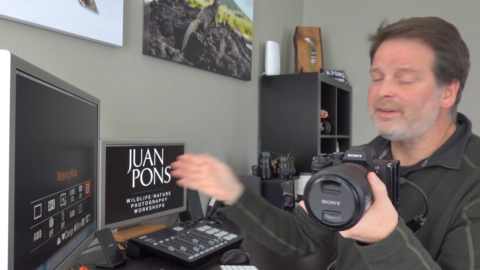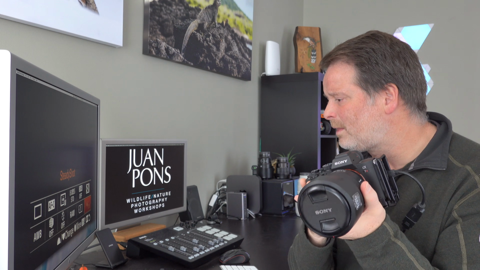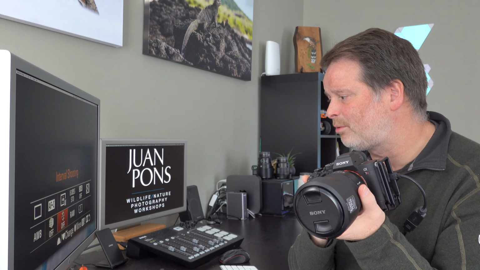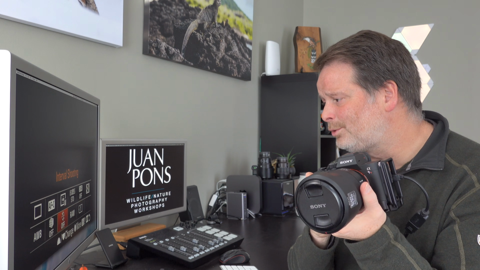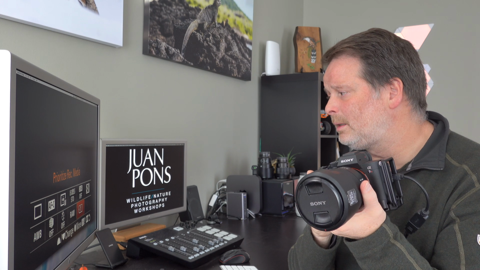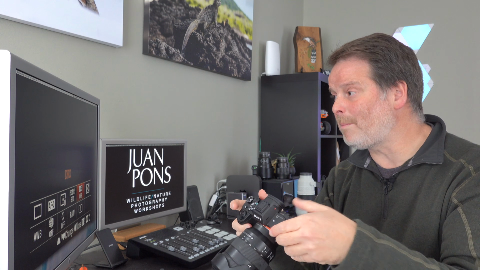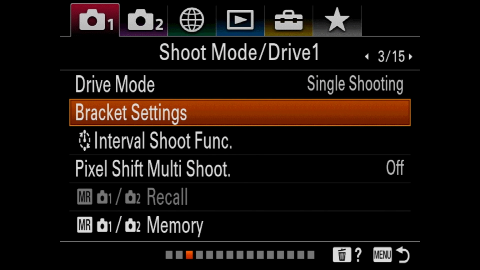Okay, so this is my setup for my cameras. As a matter of fact, my A9 is pretty much identical to this. I think the one thing that changes is, for example, pixel shift. I may have something else in there, maybe interval shooting, and that's about it. All the other ones I believe should be the same. Okay, so now let's go back over here to